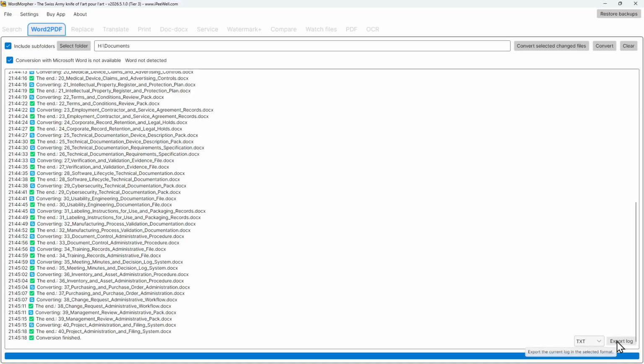The Word to PDF tab is especially useful when you need to convert many reports, contracts, manuals, forms, technical documents, or quality system documents into PDF format. In the next video, we will look at the Replace tab, where WordMorpher can find and replace text across multiple documents,